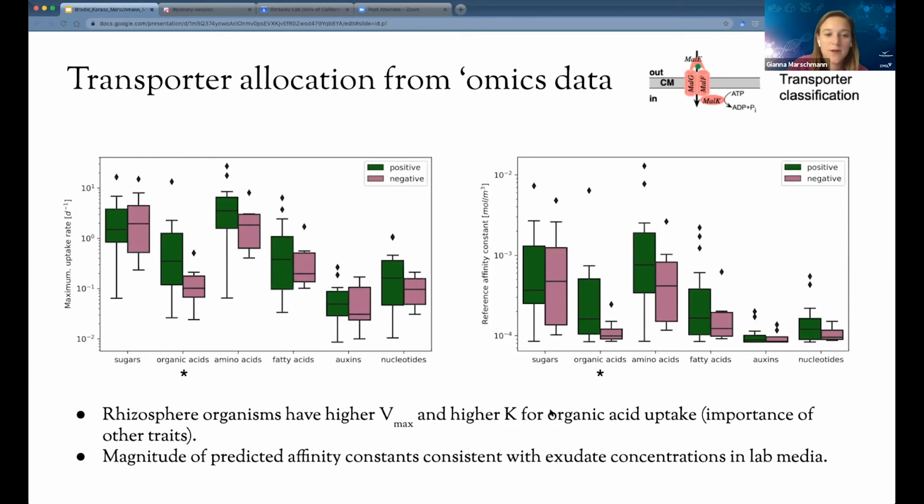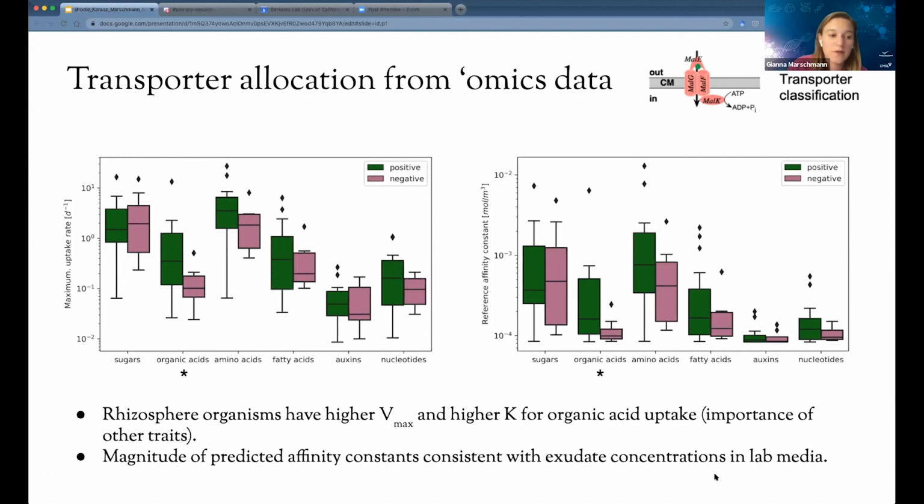But their fitness advantage is spatially constrained because the higher affinity constant requires them to stay near zones of high concentrations in the rhizosphere. So it might be important in the future to represent other traits like the ability to attach to a growing root or the ability to swim towards it. And we could again get this from presence-absence traits from genomes and by considering the energetics and scaling of cell movements with size.